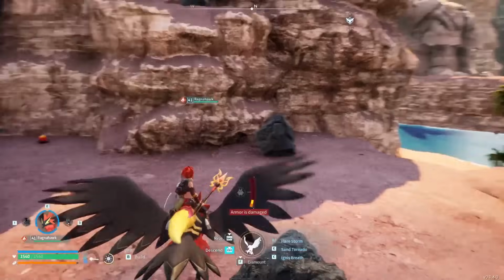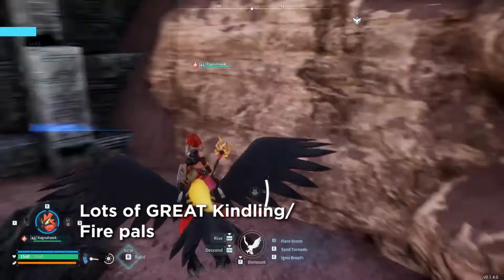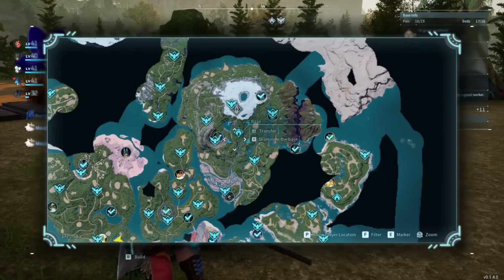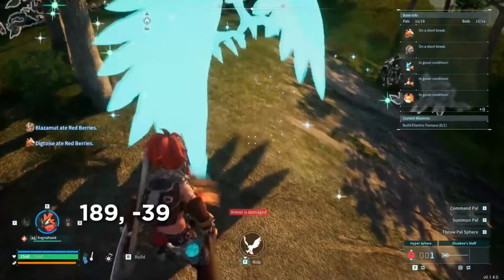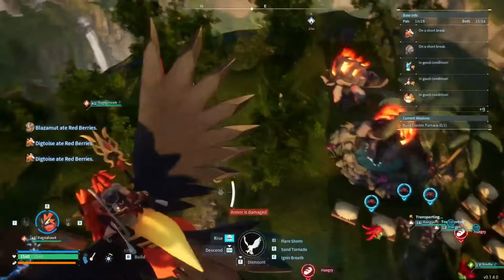And the place where this is located, in Mount Obsidian, also has really cool pals that you can go around catching that are a little bit more uncommon than normal. Finally, let's talk about my favorite mining spot in the entire game, and it's where my current base is located. At 189, -39, which is east of the sealed realm of the Guardian, you will find this amazing spot that